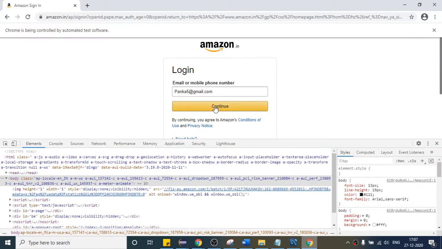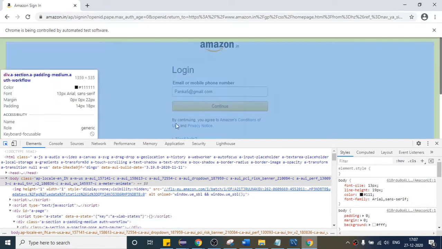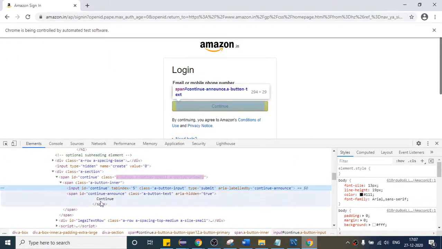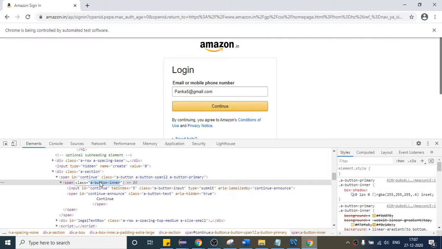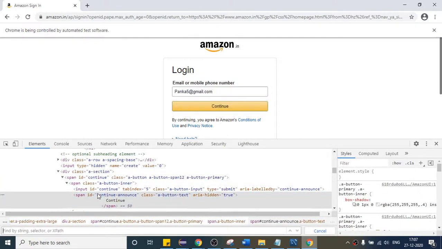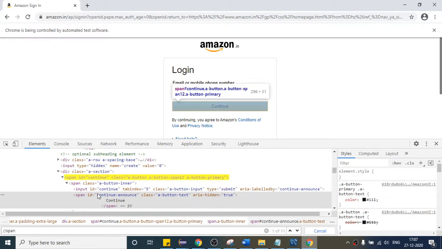Because I want to check whether the text is displayed correctly or not, right? So here the continue text is present. If I write span class, Control F, from here I want to come to span, right? So here my text is present.